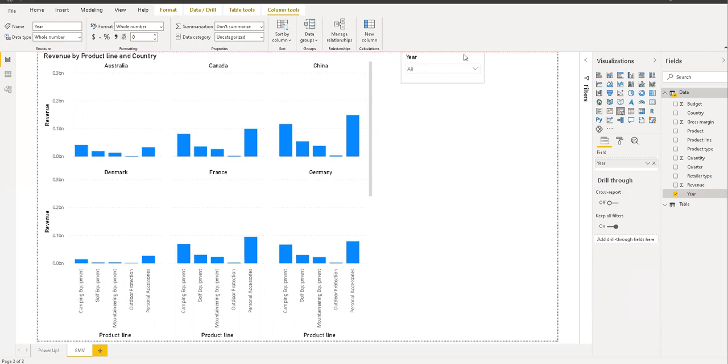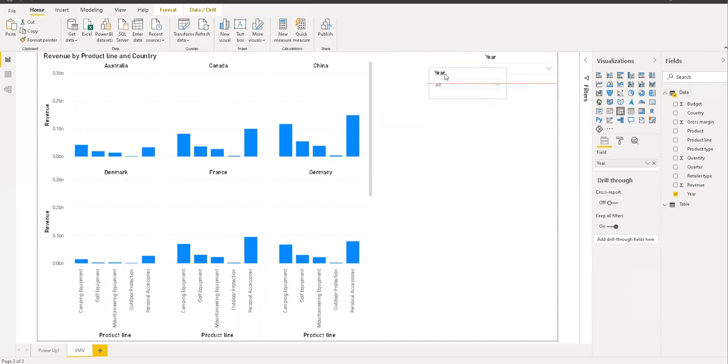I take it like here. I'm not cluttering too much information. I'm just giving you an idea that I will copy it instead of making another one. I will select it over here, and product line we have already taken. I take retailer type, or quarter, whatever it is. So I just click it over here, retailer type. You can see how many retailers are there, and the years can be selected.